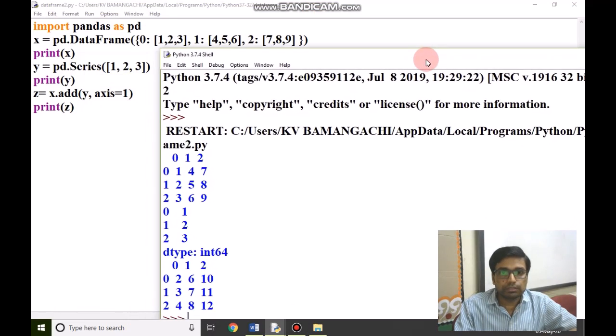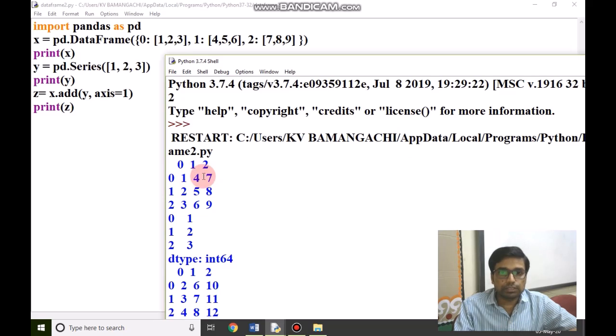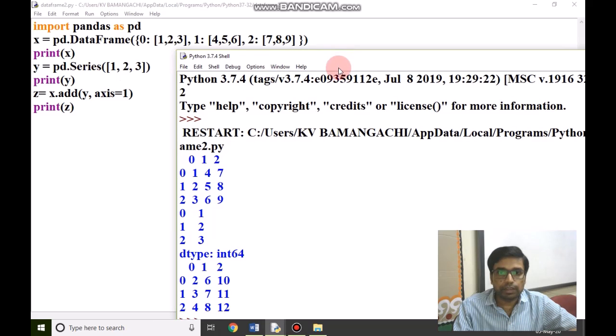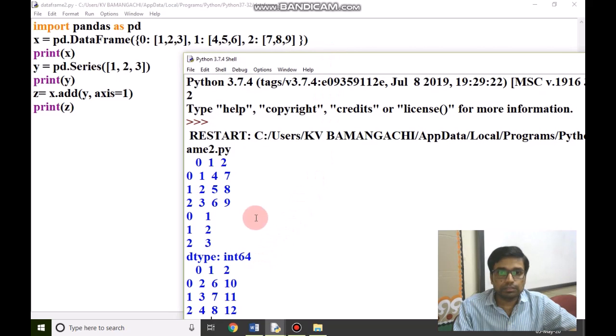Look here, this is data frame, this is series. We have changed axis 0 to axis 1, so it will add as data frame is 1 2 3 4 5 6 7 8 9, and we have added 1 2 3 to the axis 1. Look here, we have added 1 to 1, 2, 2 to 4, 6, 3 to 7,